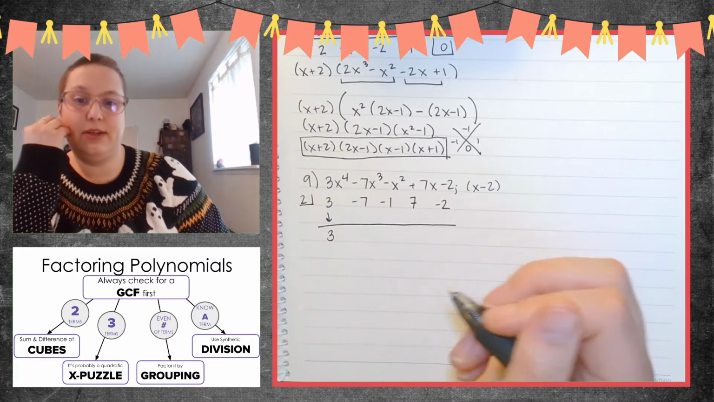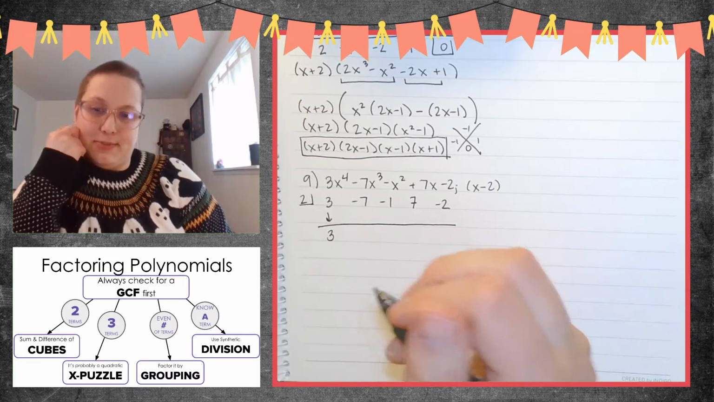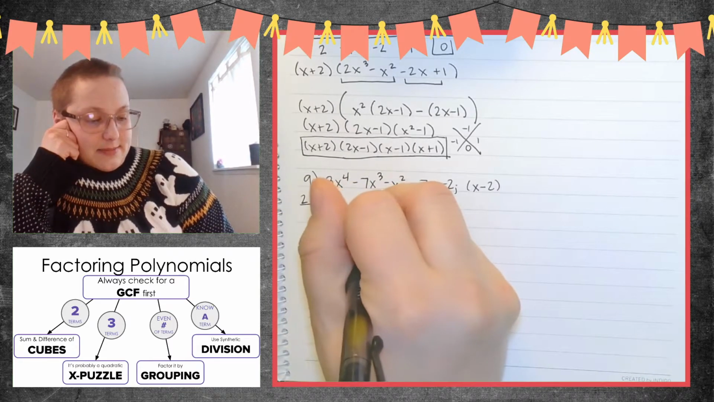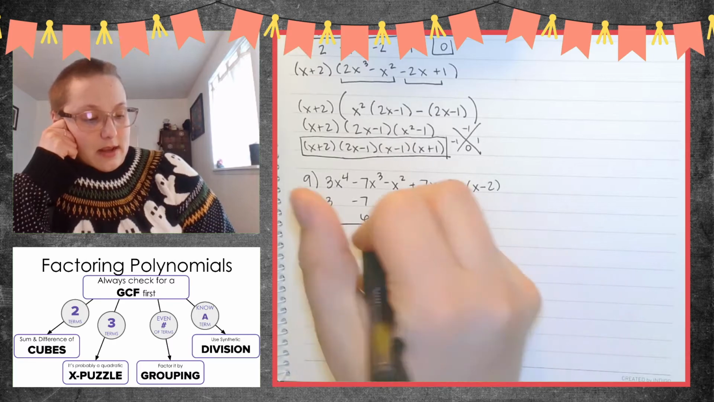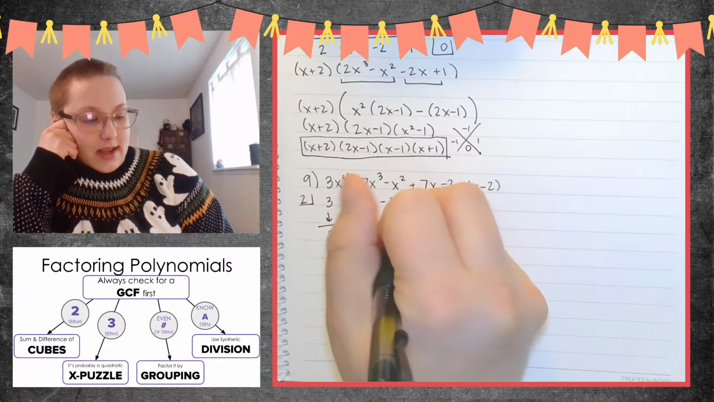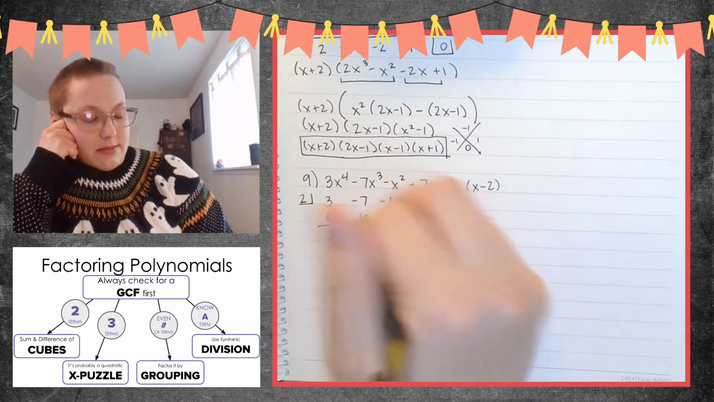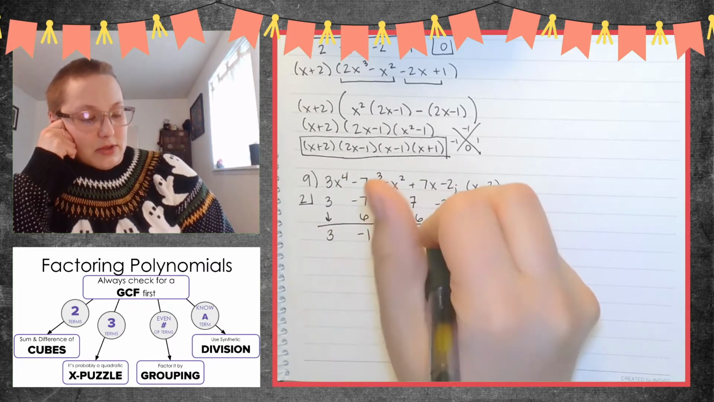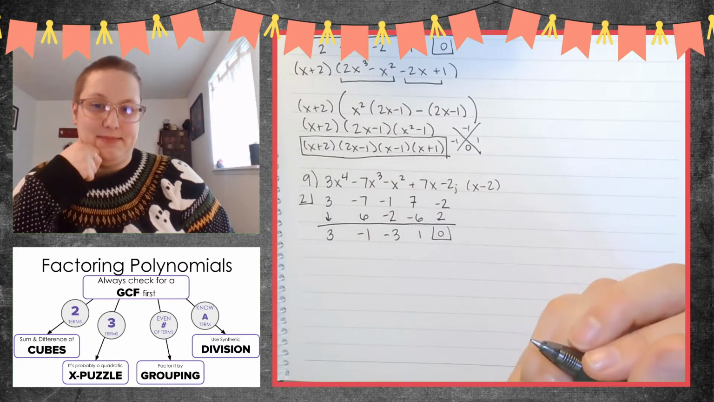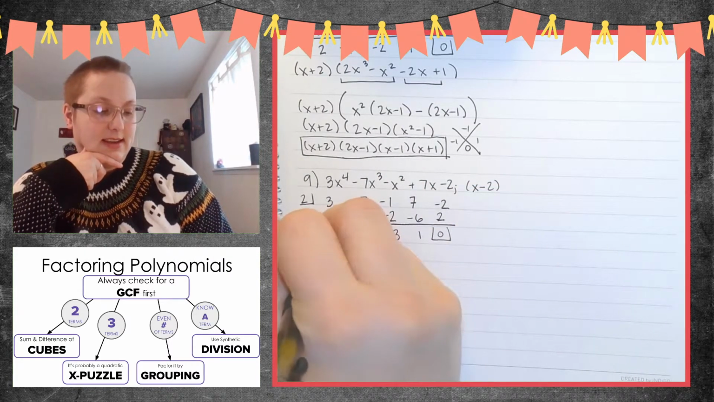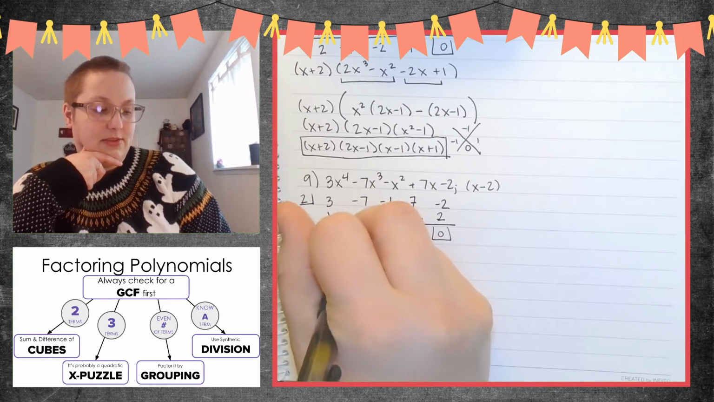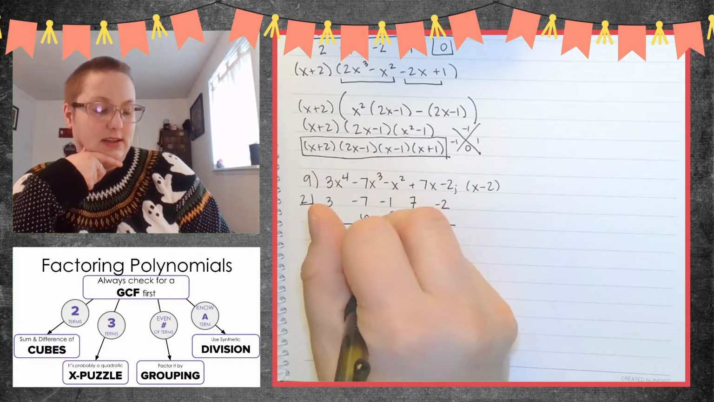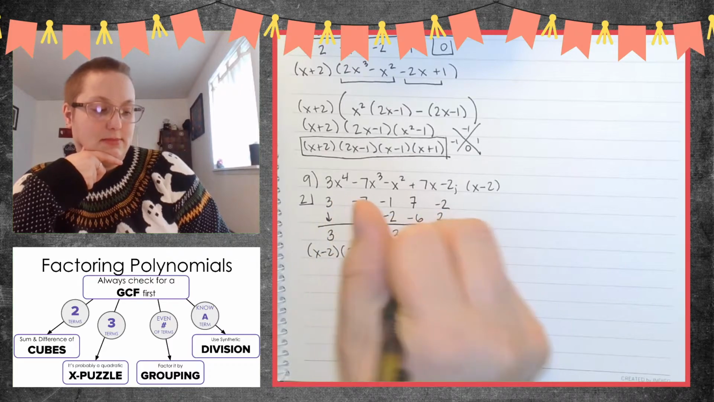Okay, so drop down the 3, and then we multiply and add, multiply and add, multiply and add. So multiply that's 6, add that's -1. Multiply that's -2, add that's -3. Multiply that's -6, add that's +1. Multiply that's 2, add that's 0. Hey, we did it. So this is x minus 2, and then 3x to the third minus x squared minus